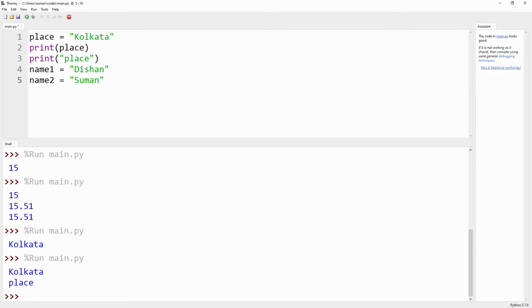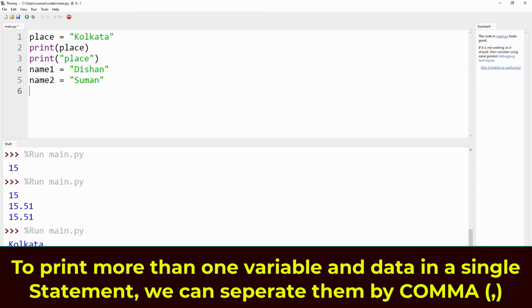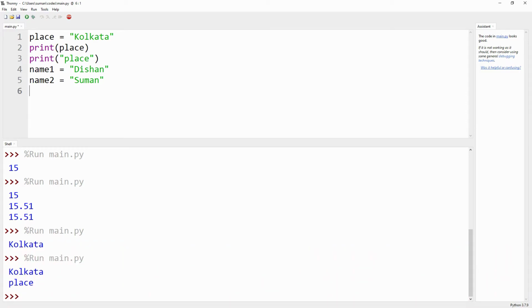If we want to get the output of both variables, we may use the comma. To print more than one variable and data in a single statement, we can separate them by commas. Let's check what is happening.